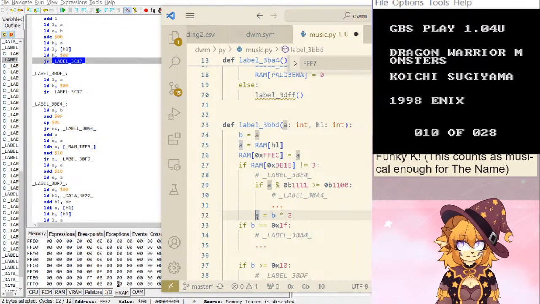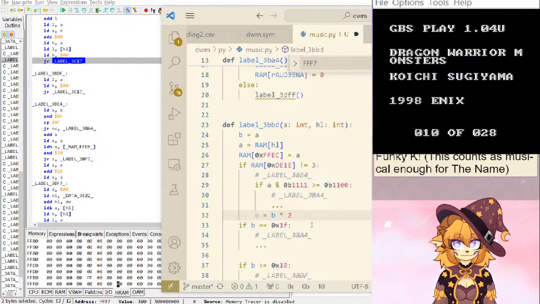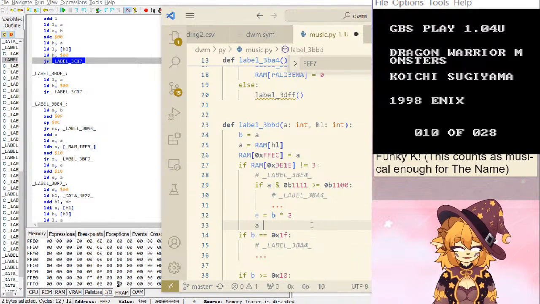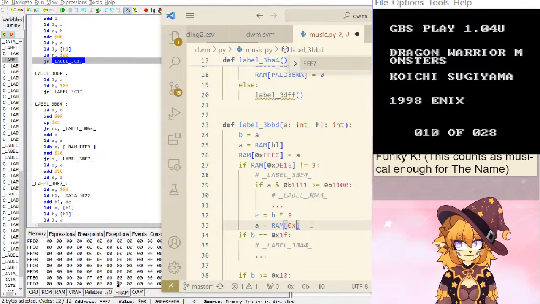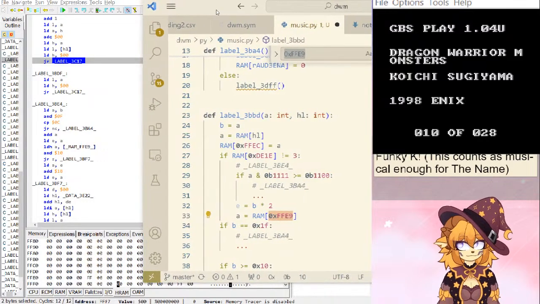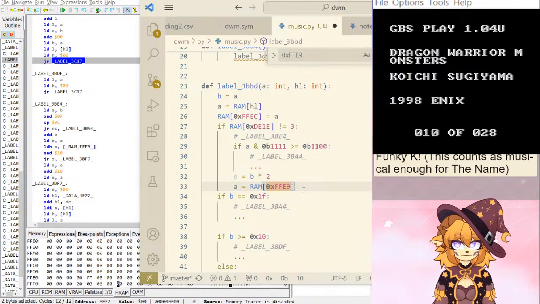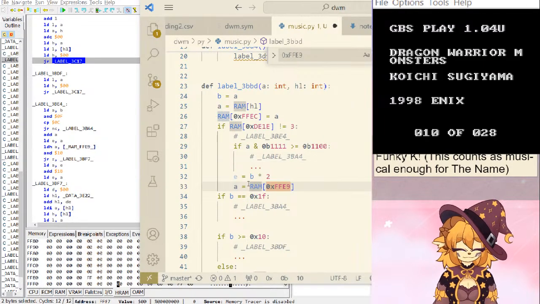I guess that goes into E. And then A equals RAM 0xFFE9. Get a reference to that yet? That seems to just be thrown away immediately. So I'm going to go ahead and integrate that into the conditional if and